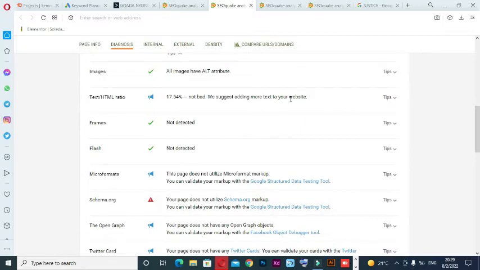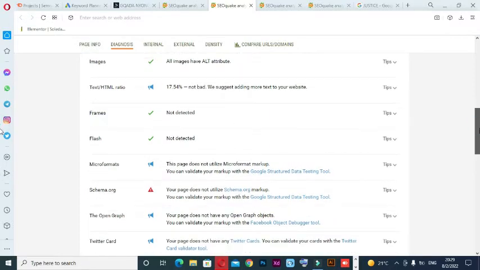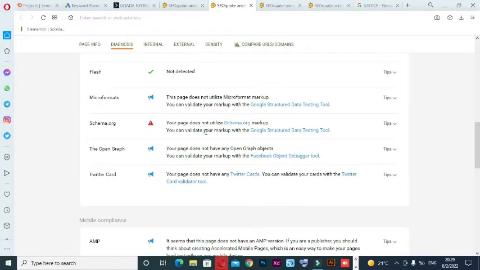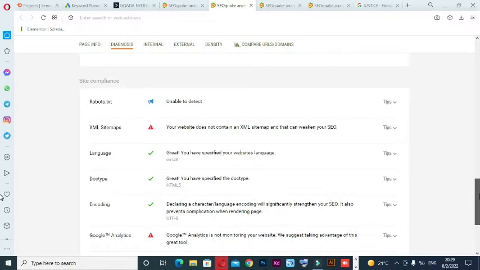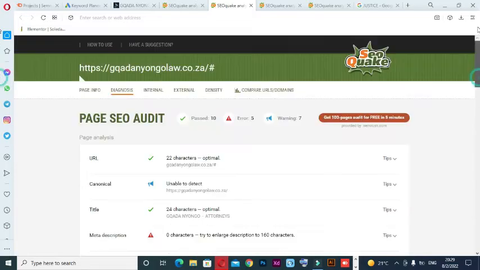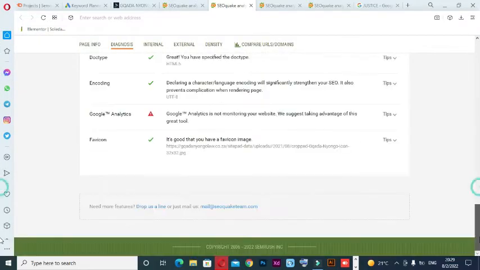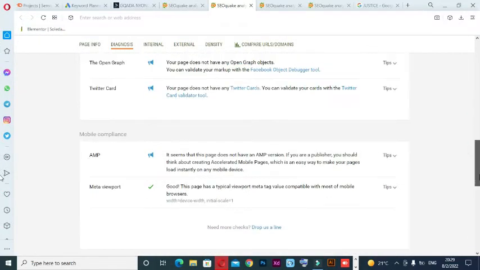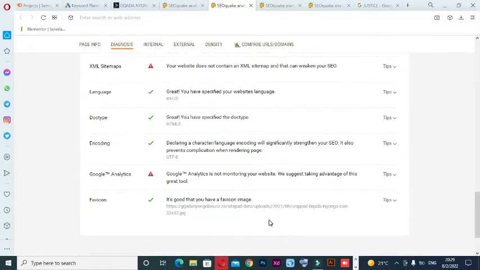Images have alt attributes, which is cool. Frames, flash, schema markup and stuff. So this helps us monitor all blunders which need to be corrected. It's a very good tool. So the other important thing is